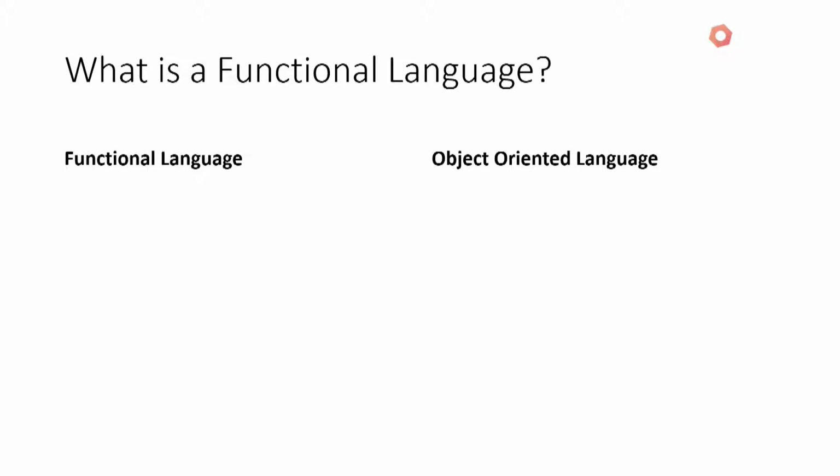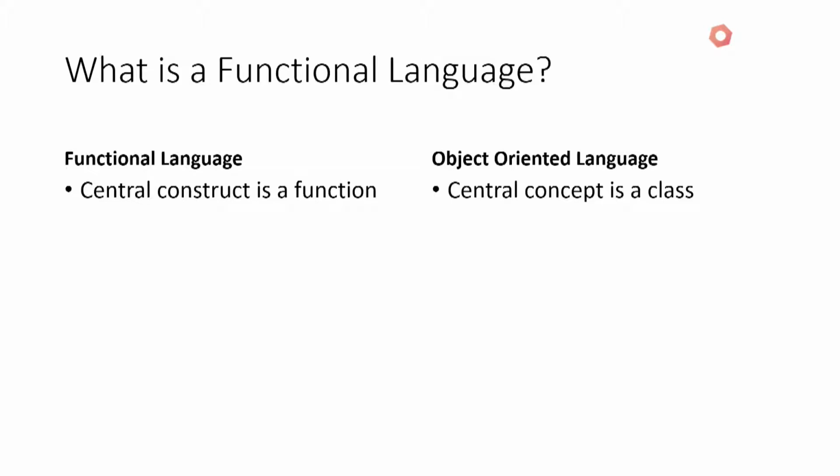Let's start with: what is a functional language? Well, a functional language has a central concept of being a function. When you start up, you run a function. In an object-oriented language, the central feature is a class. The first thing you do is instantiate a class or reach out and touch a static method inside a class, which is what you do when you start up a console application in Visual Basic or C#,